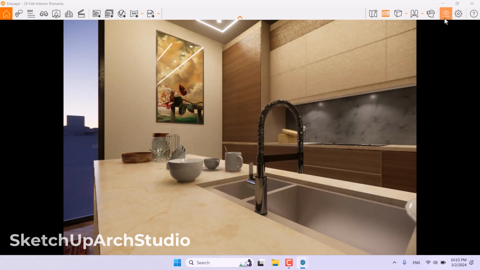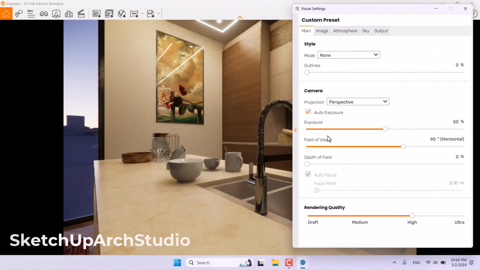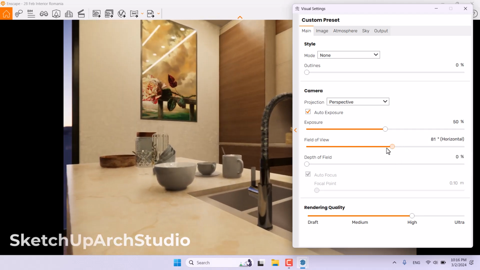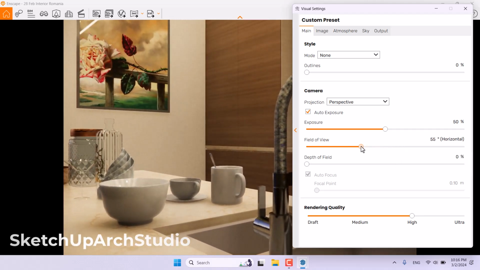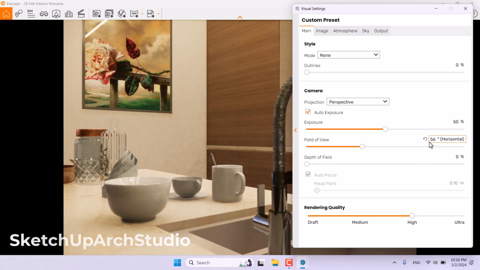And I'm going to start my job with the visual setting. So I'm going to click on the visual setting, move it to the right side in here, and start with the field of view for focusing. I'm going to focus on these objects in here, wonderful objects, and some number about 56 degrees enough. And I will click on the exposure. I can re-expose it a little bit because I need some brighter screen. For example,